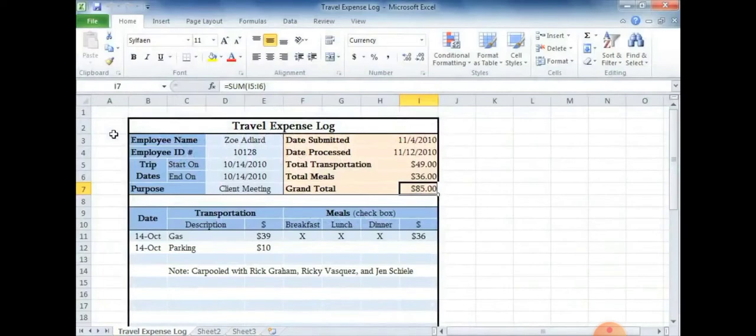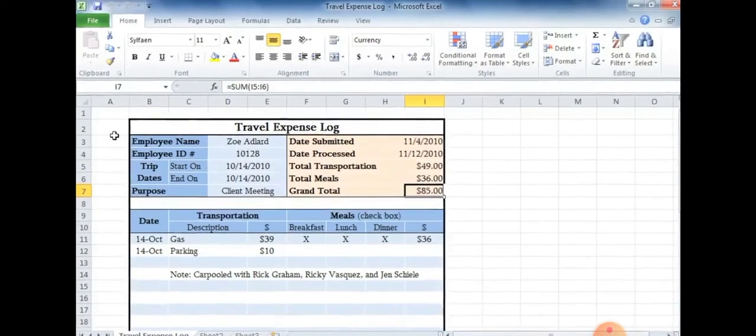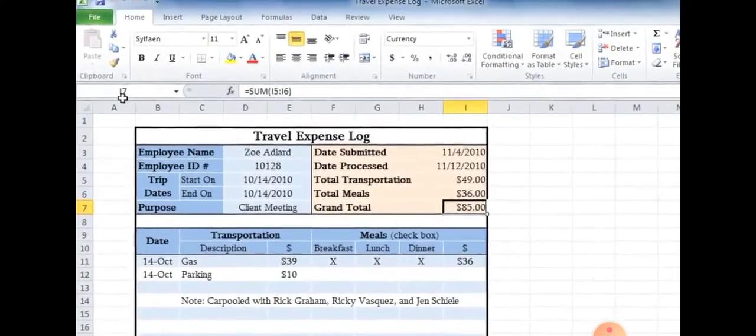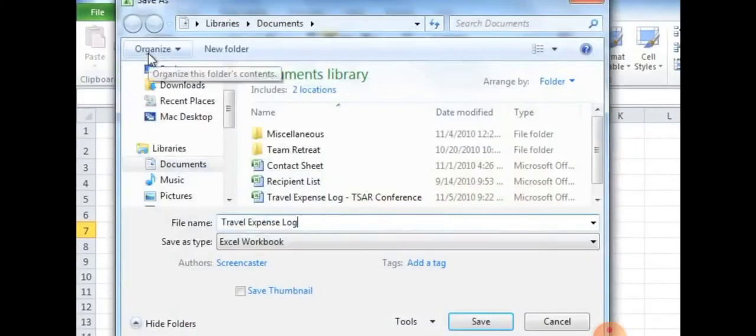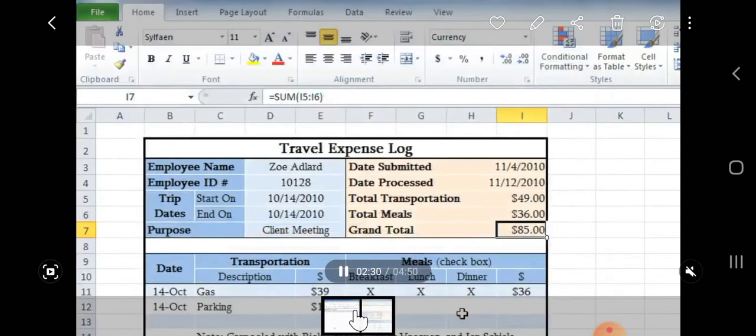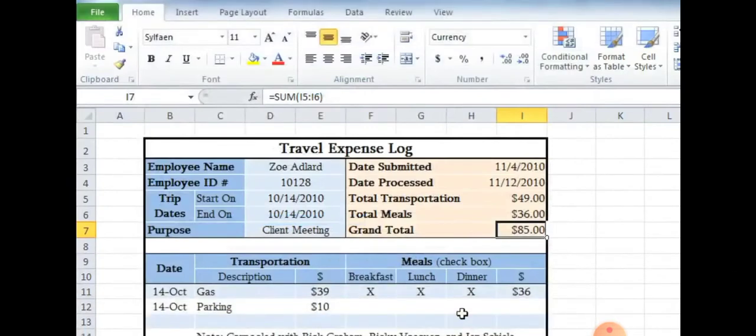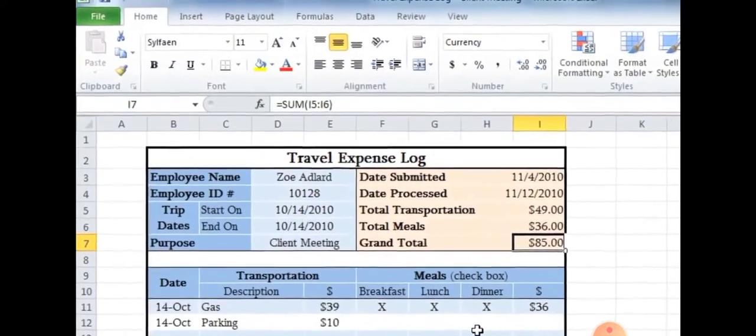One of the examples I'm trying to show is how to create this kind of cell merging. If you can see, the travel log has been merged in one category. Now, after creating a document, I am teaching you how to save a document. I have brought the file from there.